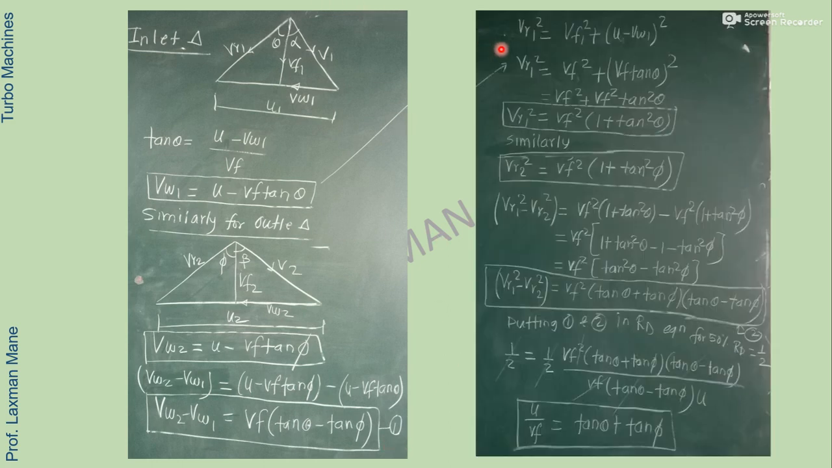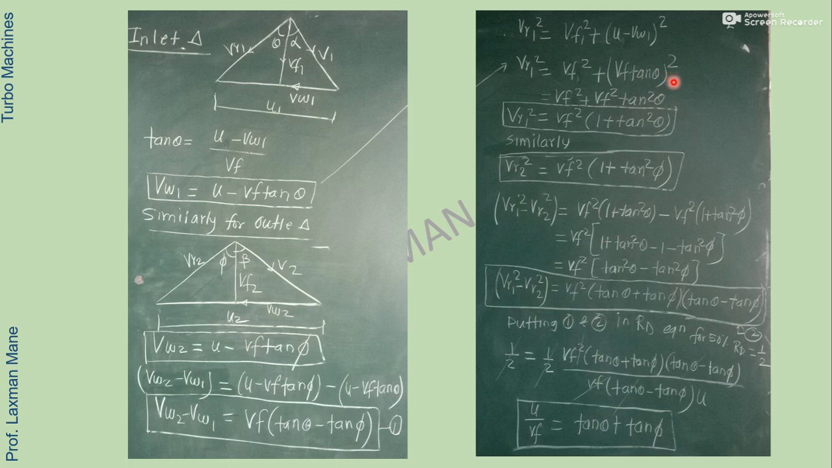Now by using the inlet velocity triangle and the Pythagoras theorem, we can write the equation for the relative velocity, VR1 square is equal to VF1 square plus (U minus VW1) square. Now as we already know from this equation, U minus VW1 will be equal to VF tan theta. So that is what we substitute here, VF tan theta in place of this expression. And then further